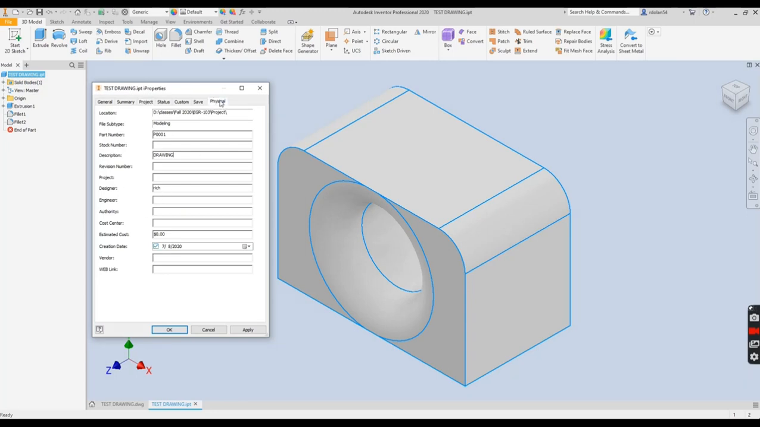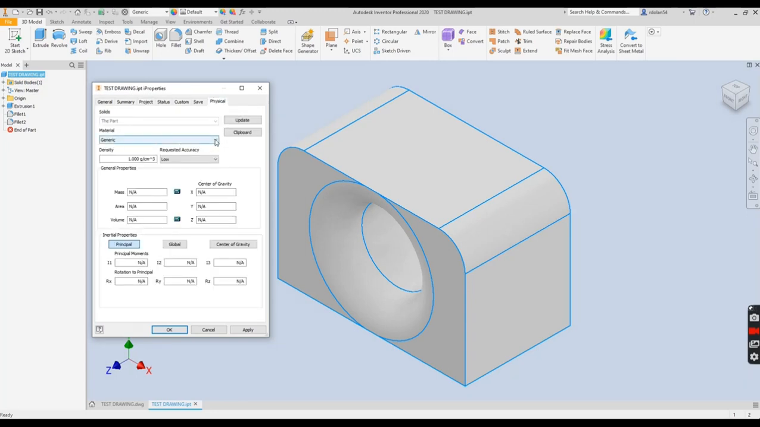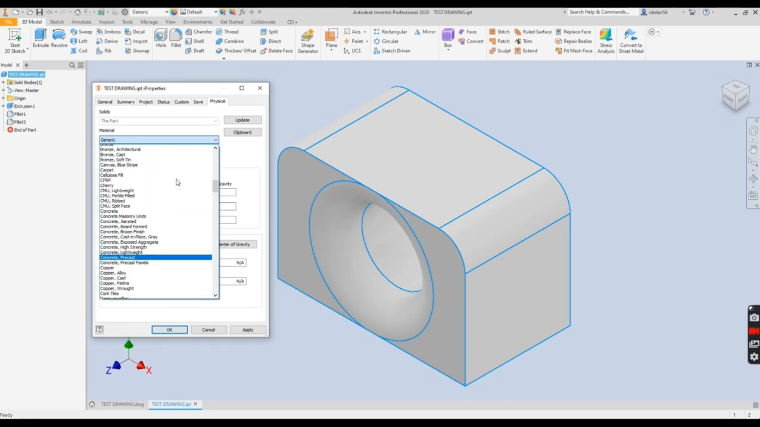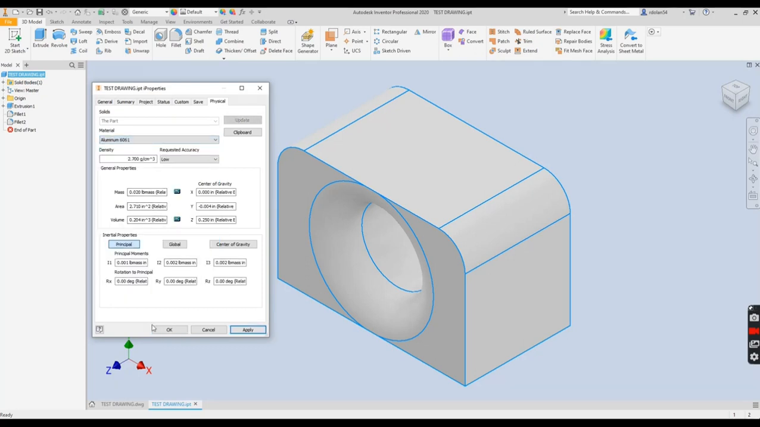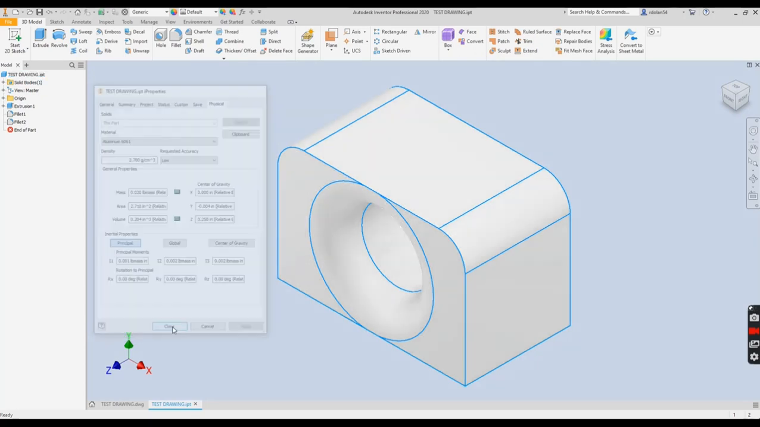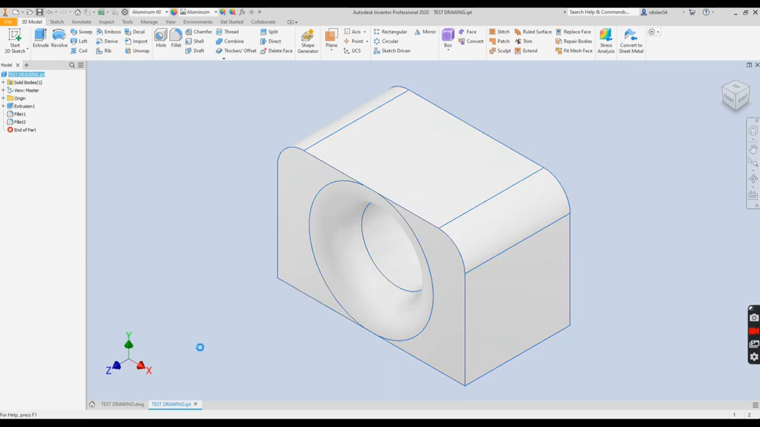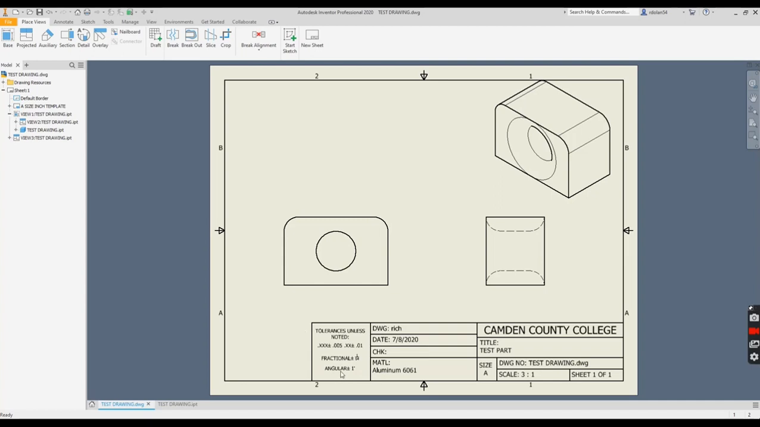And then I can go here to physical, and I can pick the material. Here's all my materials that are available to me. So let's make this 6061 aluminum, and I'll pick OK, and I'll pick save. Now when I go back to my drawing here, you'll see that now, okay, the aluminum is filled in,